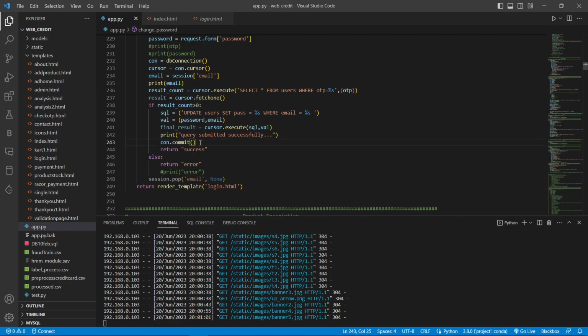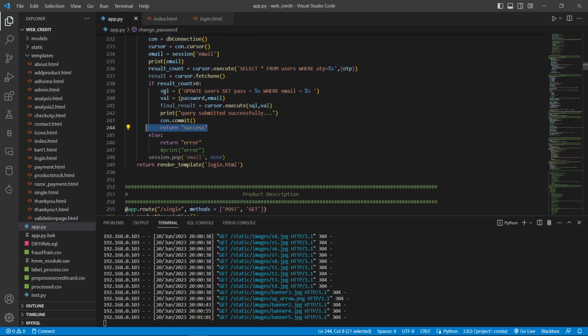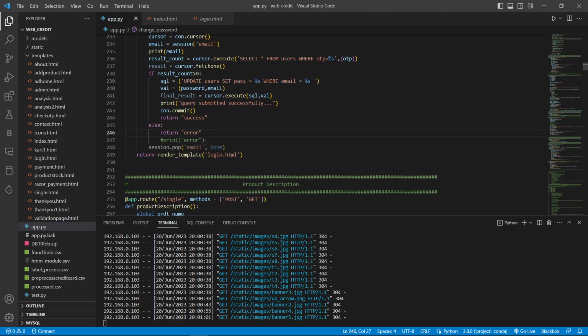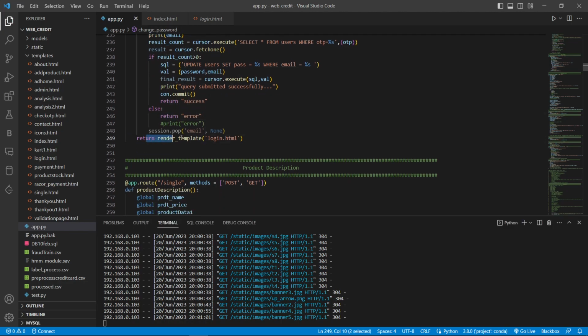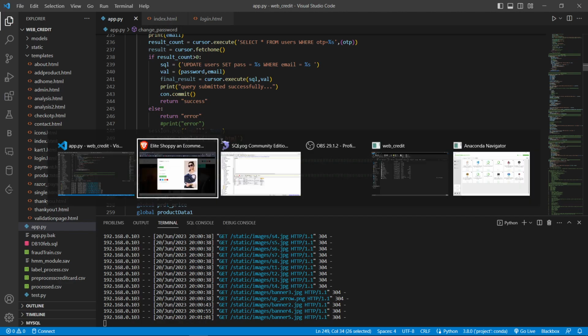After committing the data, I'll update the password permanently, and then I'll return the success message. If something went wrong, then I'll return an error message. And then I'll redirect the user to the login page. After that,